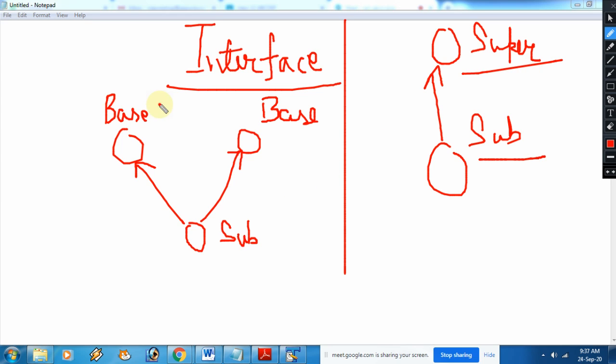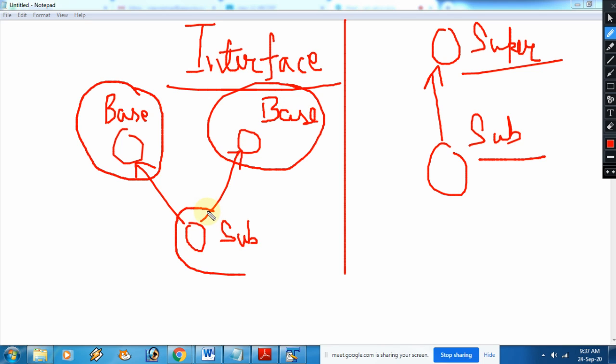Now suppose you wanted to access two base class properties in one subclass. This is known as multiple inheritance, in which we are inheriting the properties from two different base classes into one subclass. This was not possible, but using the concept of interface, this is possible in Java.